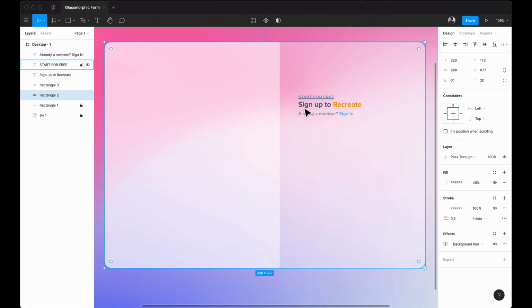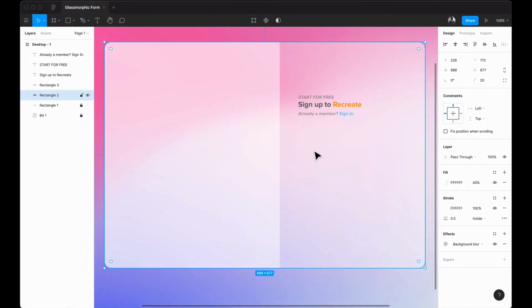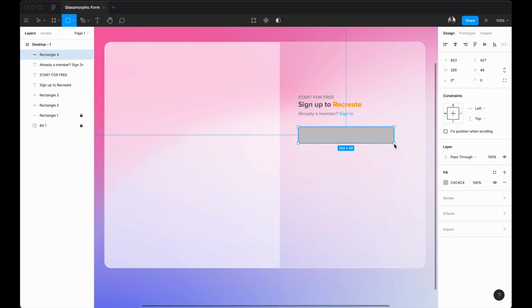And then so now we have our main headings. Okay, so now we have our main headings. So let's go on and create the text fields. So the first text field will obviously be the email text field. So let me bring up my rectangle tool and draw a rectangle about this big,